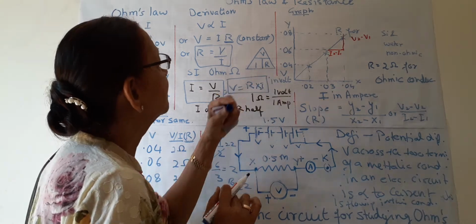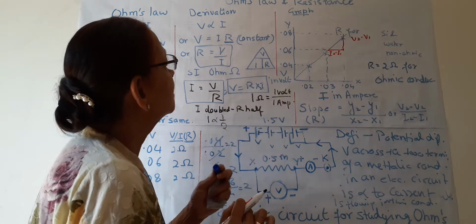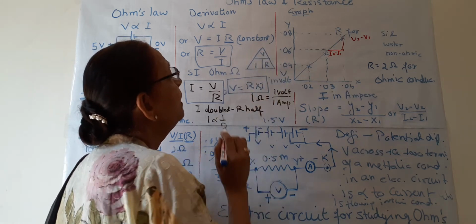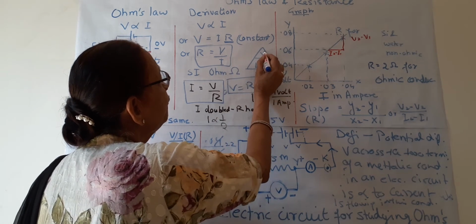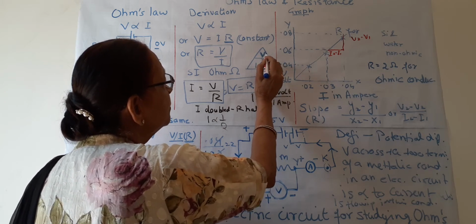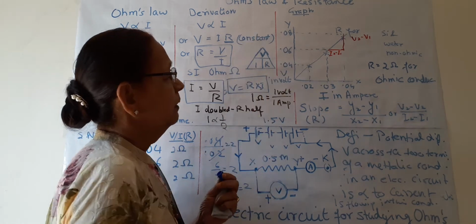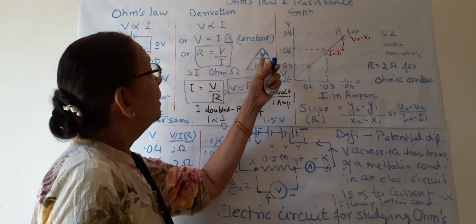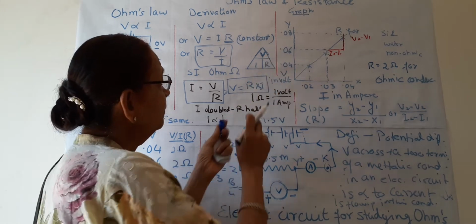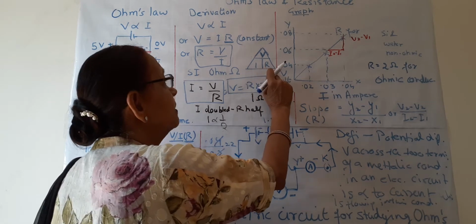Now a simple method is there. It is known as the triangle for Ohm's law. We form this triangle and divide it like this. Write V in the upper section. How do you remember that V is to be written here? Because the tip of the triangle is like V and it is opposite. So V is written in this first section. These two sections are divided. Here current is written. Here resistance is written.